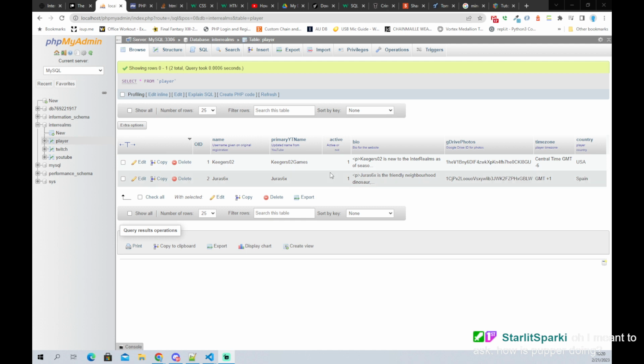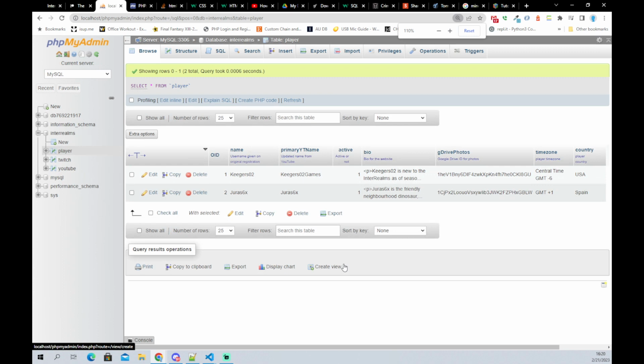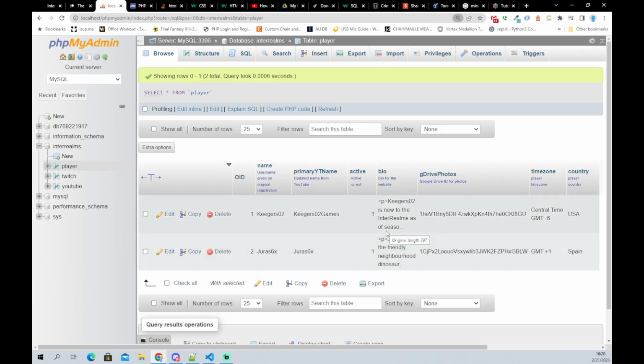So that's where this active button comes into play right there. It's really tiny. Let me see if I can make it a little bigger for you. Did you hit the right button? No, you didn't. Sorry, that was really obnoxious. Okay, so that's where this active comes into play, is that when they're active, then they show up on this thing. Cool. So we get our users here. Then we need to go to Twitch.